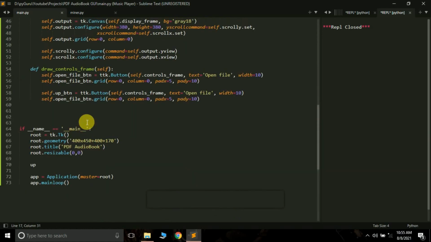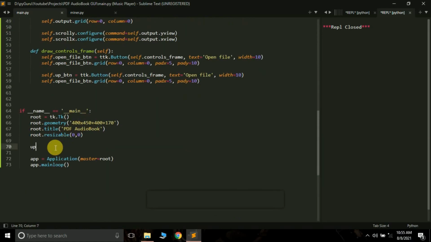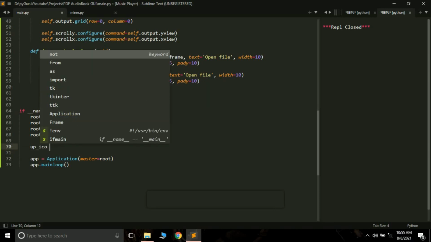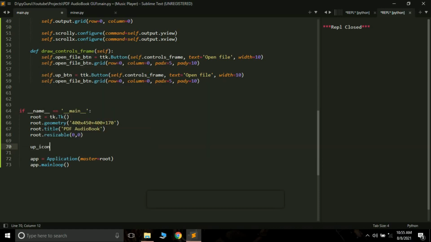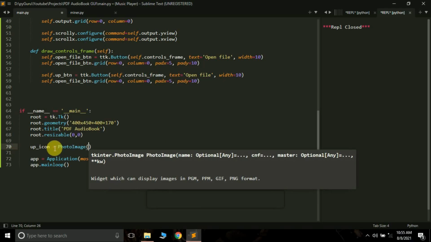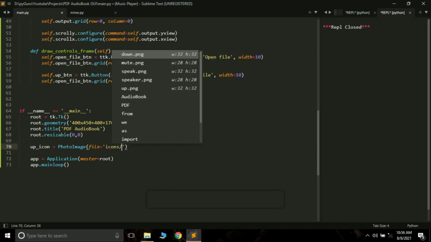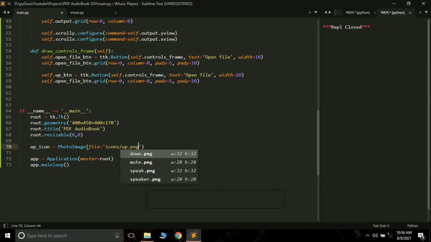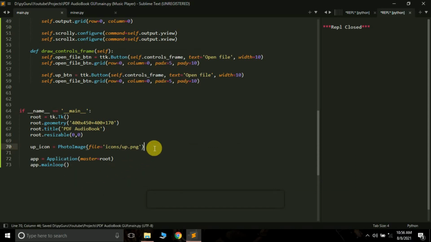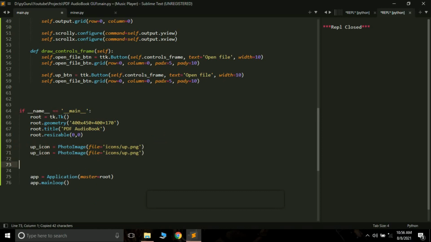If you want to show an image in your tkinter window, you need this. So up_icon equals PhotoImage, and here you have to pass the file name. File equals, see our file is in the icons folder, so we'll simply pass icons/up.png. This is the first image that we want to load. Let me just copy it and load all the images here, so we do not have to load them later.